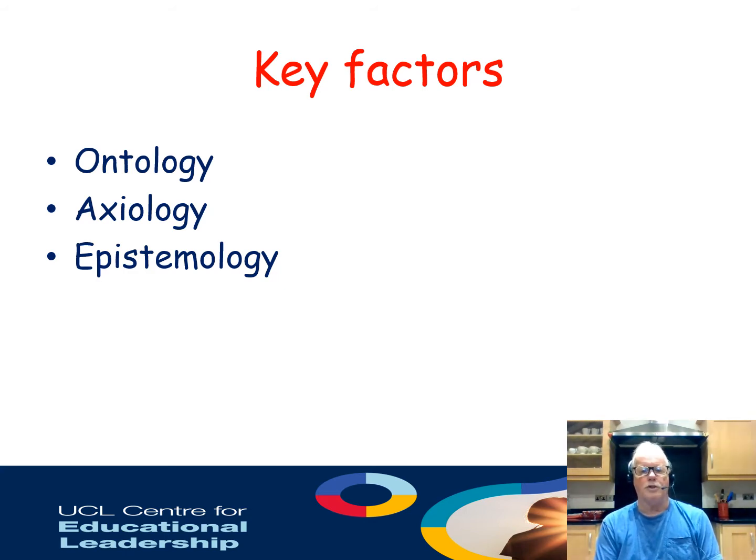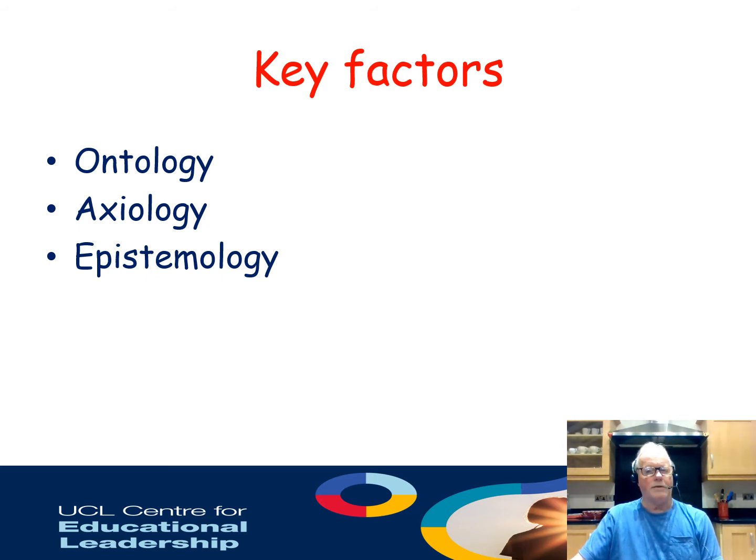So if you see the word ontology and go, reality, if you see the word axiology and go, values, do the same with epistemology, and the substitute word is knowledge. And you have certain amounts of knowledge which you carry with you. And the people you are talking to may have similar knowledge, or they may have different knowledge. And you've got to reconcile those ontologies, axiology and epistemology in yourself as a researcher.